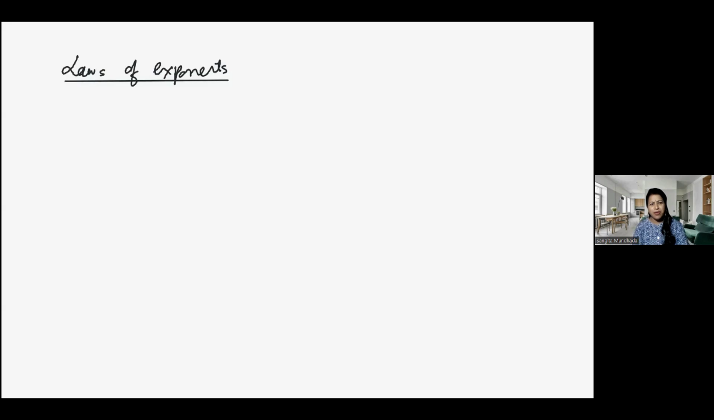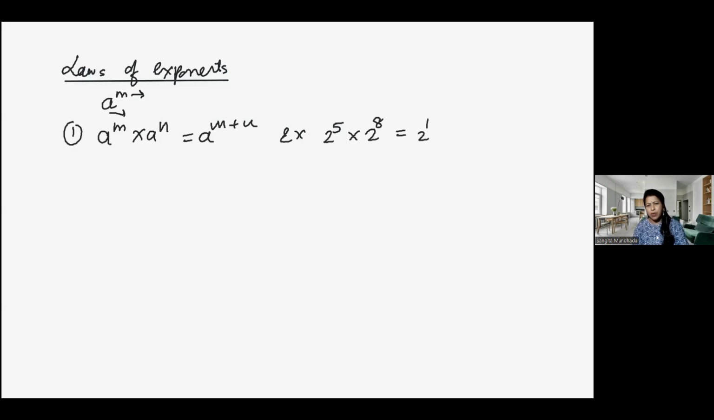In this section, we are going to discuss the laws of exponents. First, we understand what is the meaning of base and power. This a is the base and m is the power. So now, the first law is a^m into a^n is equal to a^(m+n). If the base is the same, then add the powers. For example, 2^5 into 2^8,